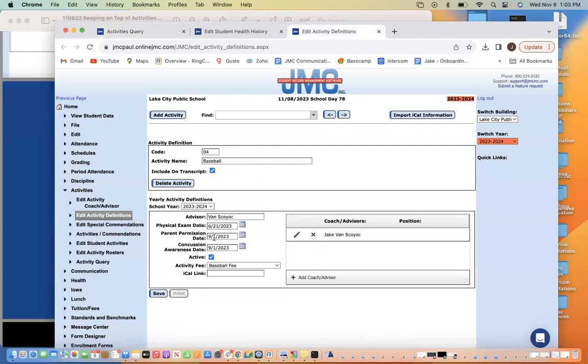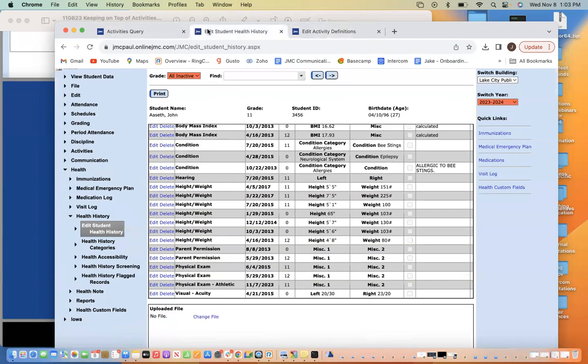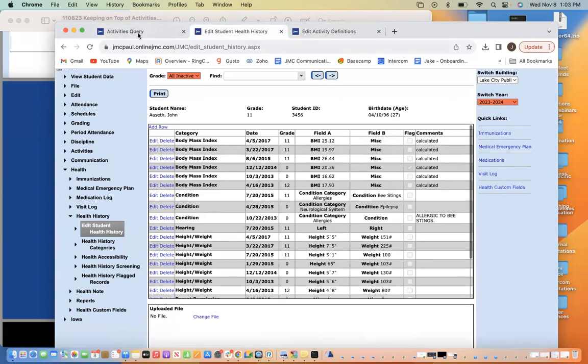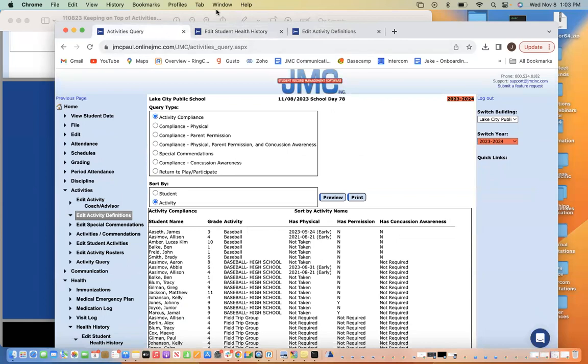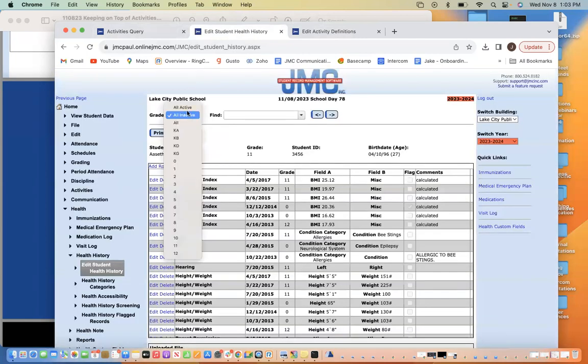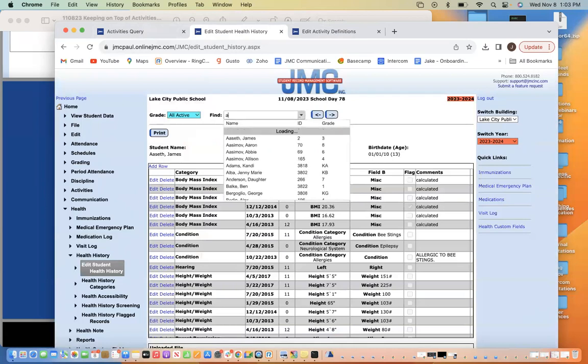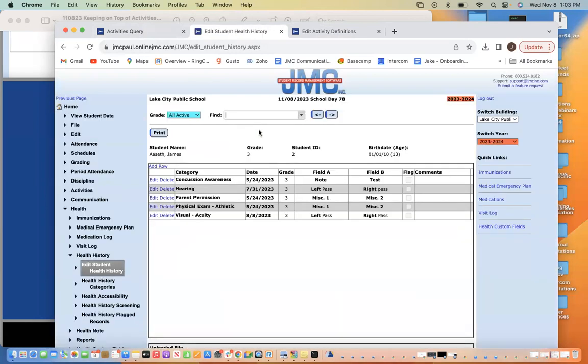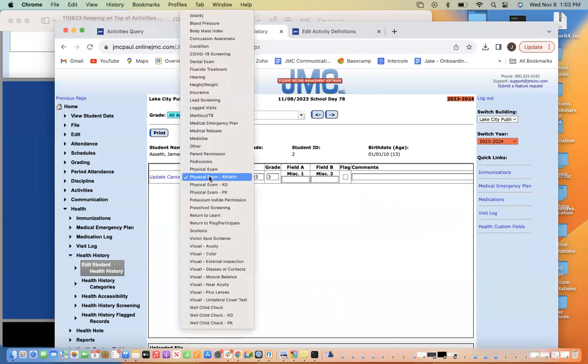So if we go in here, he needs to have a parent permission date and concussion awareness date after 1/9/23, and then a physical after 6/21/23. So let's go to, who am I looking at? James Asith. There's James. Let's give him a physical exam